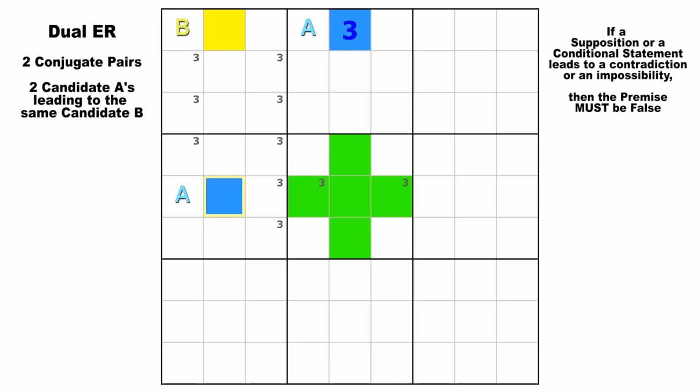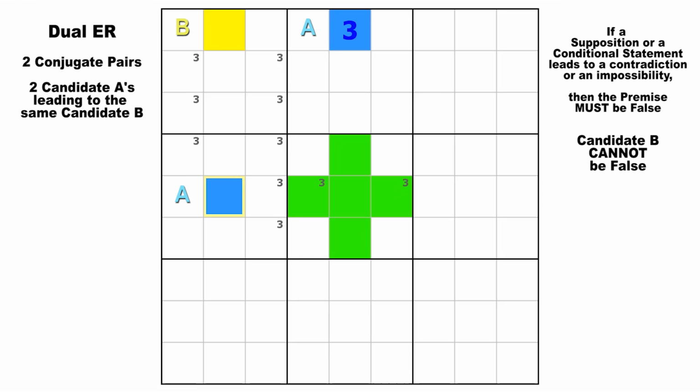But since I am not a kangaroo, then we know our original premise must be false. Thus we can safely conclude that my mother is not a kangaroo. So if supposing that candidate B is false leads to what we know is an impossibility, then we know that our premise must be false, i.e., we know that candidate B cannot be false, and therefore we can conclude